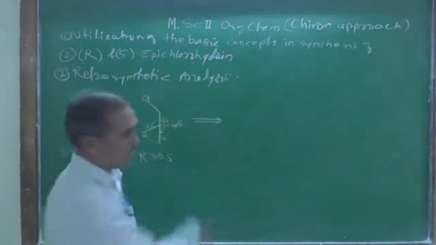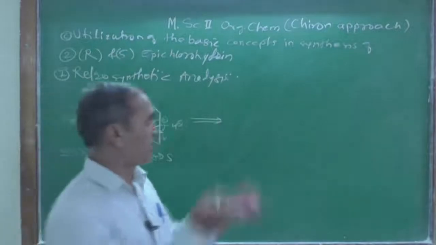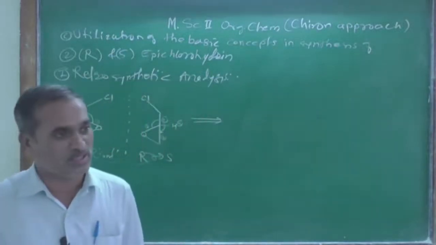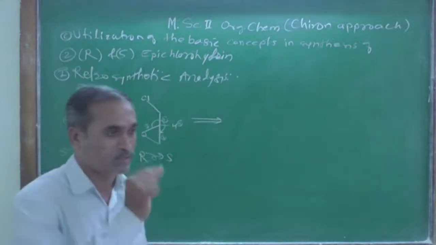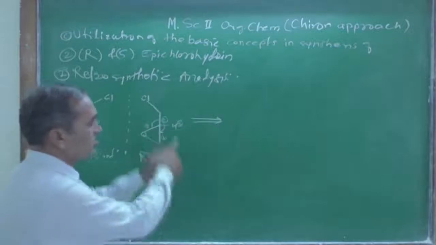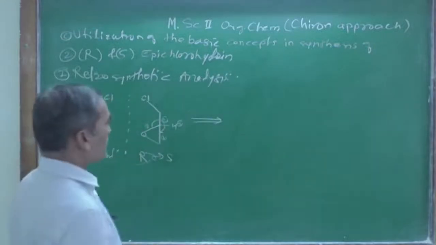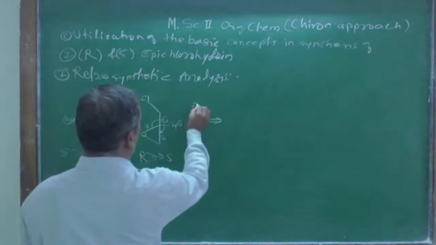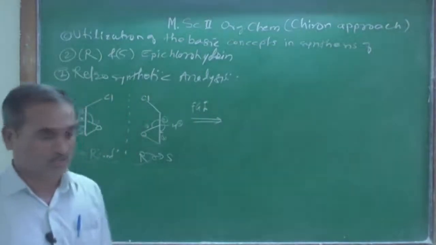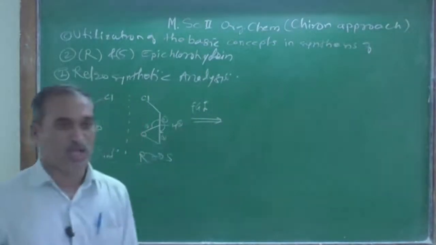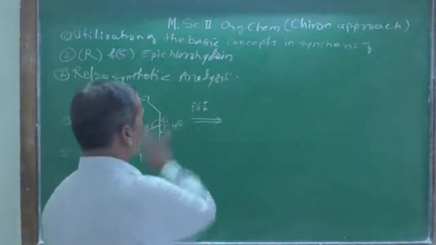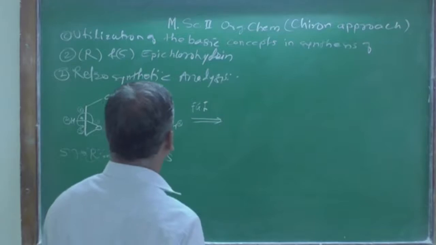Now, this is, as we know, the disconnection arrow. Yesterday we saw the meanings of certain arrows, what the arrows are and their meaning. This is a disconnection arrow, right? And on the disconnection arrow it is written FGI, meaning functional group interconversion, or here you can mention whatever named reaction in general, but here FGI, functional group interconversion.